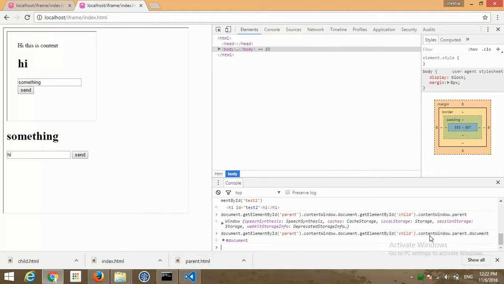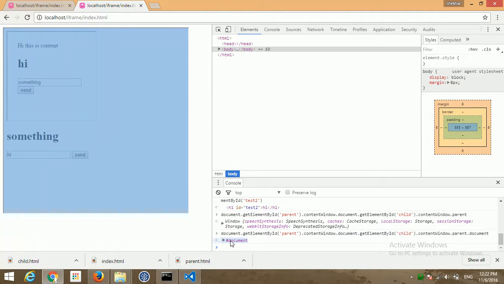From child I am getting the content window of child, and from there I am getting the parent. So for child, this one, the parent is this one. So I am getting the parent, and then I am doing .document. So now it shows the complete parent document. So in this way I am getting all those things, and I am communicating between these two iframes.